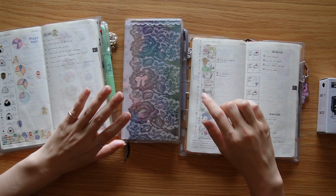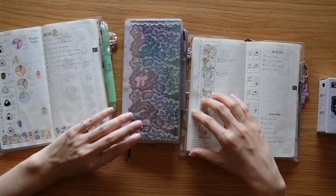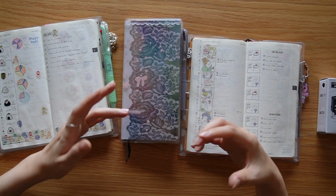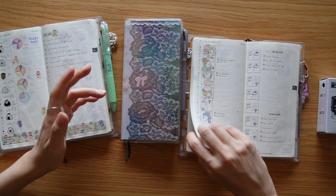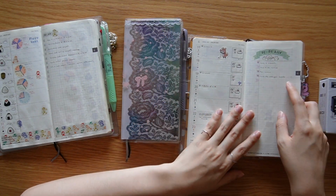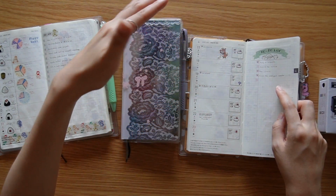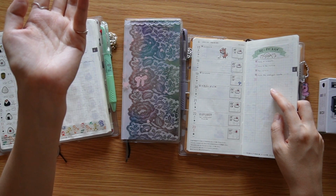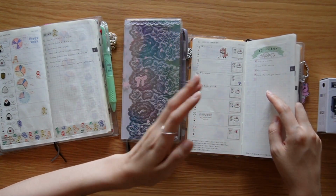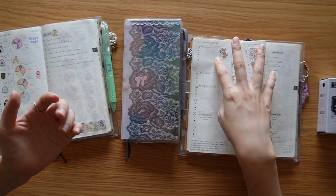But one thing about flake seals I don't really care for, and it's just for myself. When I use flake seals, I have a hard time afterwards storing them, especially if there's not so many left. Like I have used flake seals, for example, maybe this is a good page, this little workout animal here, and I used it to track the days that I did some kind of workout. So it's yoga or walking or running and things like that. And I don't want to save these flake seals for next year, because I don't have enough for next year to use them all,